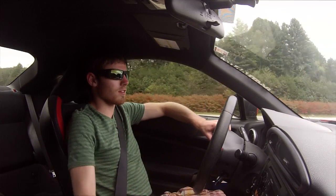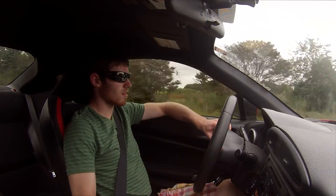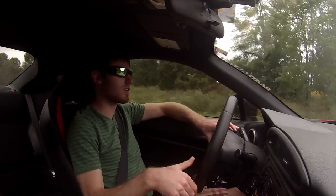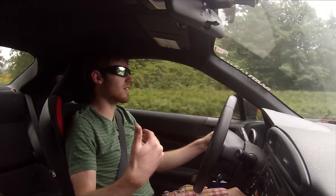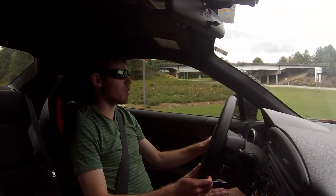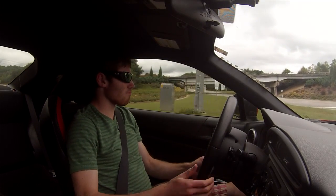and then you start to go down a little more, and then a little more. You start to hear it more and more, the higher up you get in revs, and the more throttle you give it, obviously. And it's nice because it's progressive in that way, as the sound kind of builds and builds and builds. And again, you would think it would be crazy loud with not having any muffler on it, but